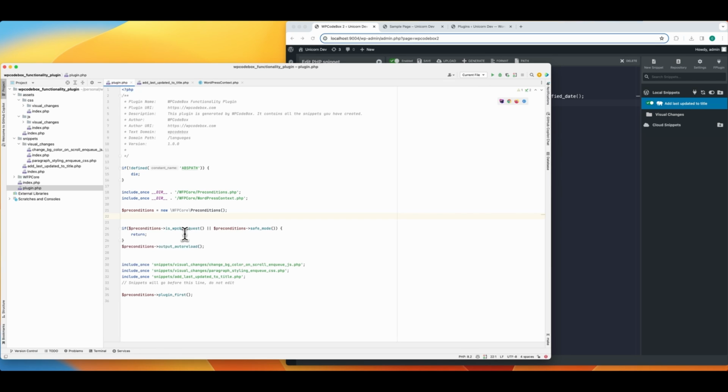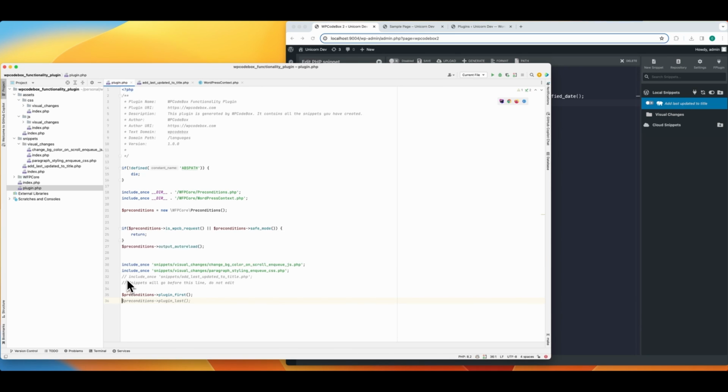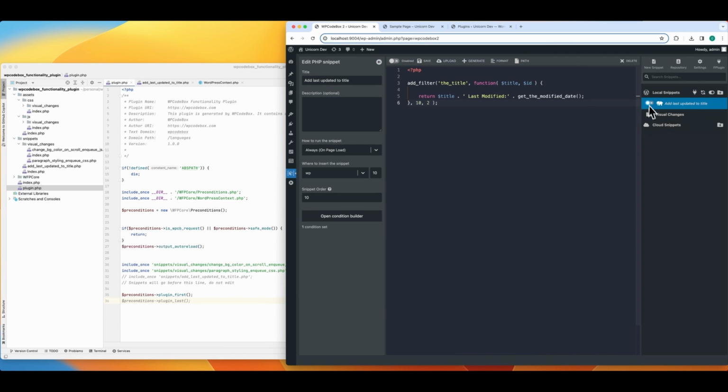So this is most of the difference between the functionality plugin and the plugin generated using the export to plugin feature. And this plugin is always kept in sync with the changes you make. So for example, if we disable this snippet that adds last updated to the title, and we go here, you can see this snippet is commented out, so it will not execute. If we enable it,